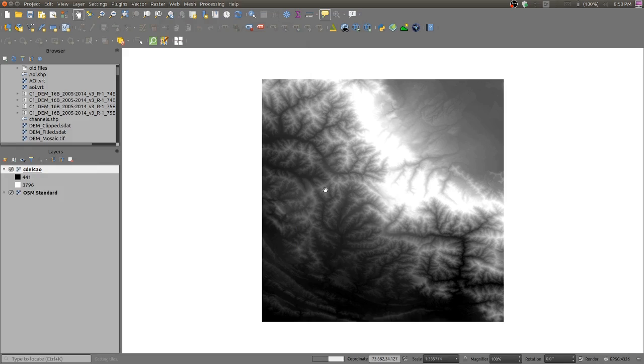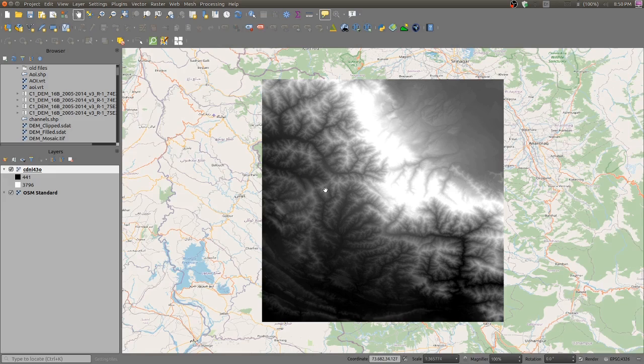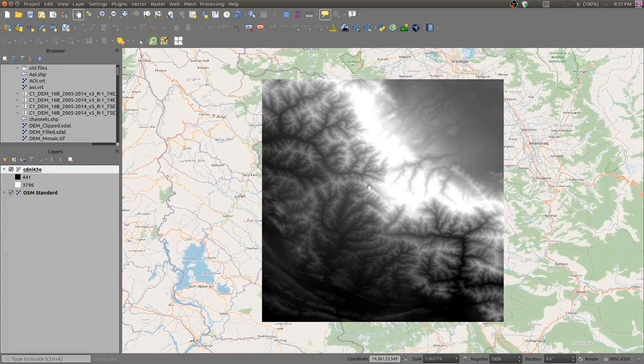Click on this, you will be given this OpenStreetMap. So this is the map, and you can see it is falling on that area in the OpenStreetMap.